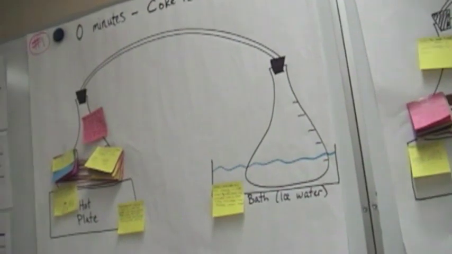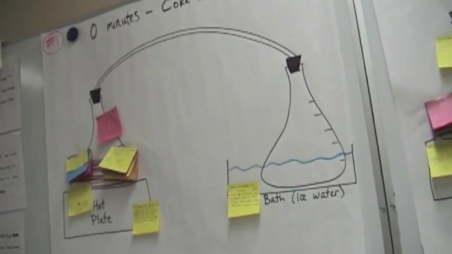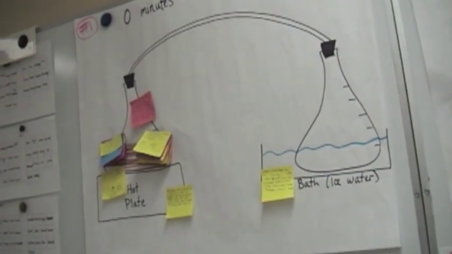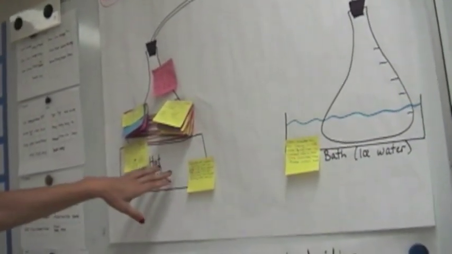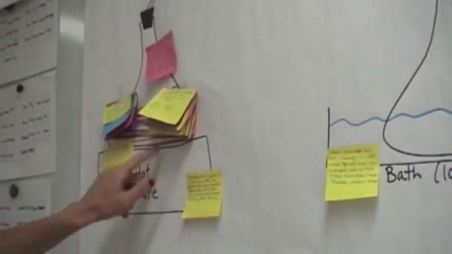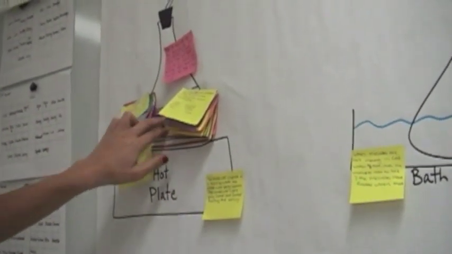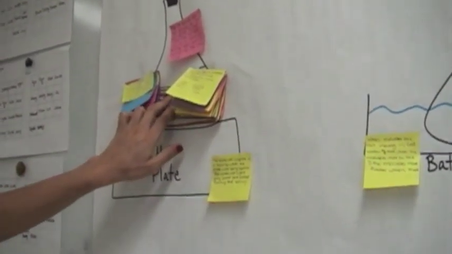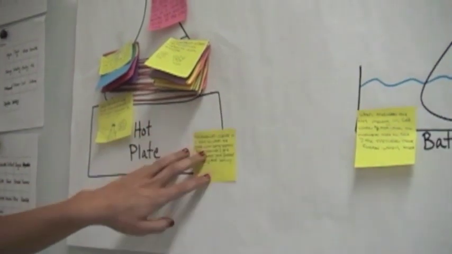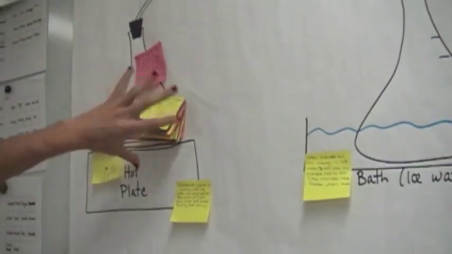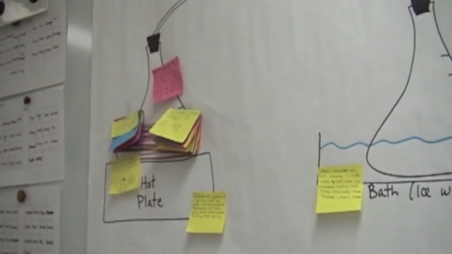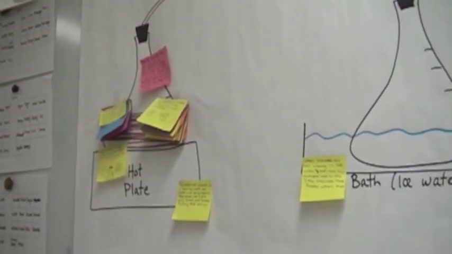Are you surprised because they're trying to start their model all the way at the hot plate rather than inside the flask? Right. And I'm not sure that that's what they're trying to do, because they could have put this close to here because this was solid. It was frozen when we started. I'm not sure, and I don't know whose this is. So I'm not sure if that's what they meant, but it was placed on the hot plate, and then everything else was above. So I'm not sure, but